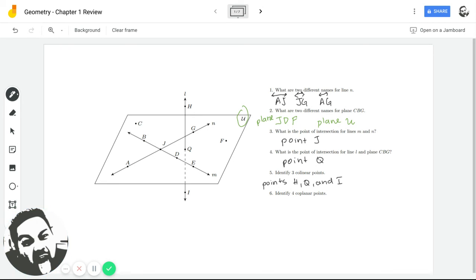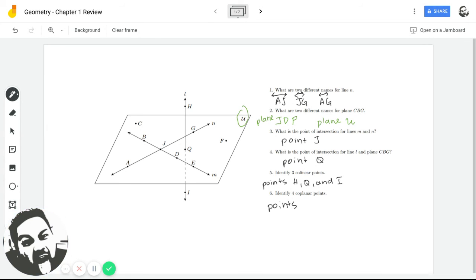Question 6, identify 4 coplanar points. So to identify coplanar points, you're just looking for points that are on the plane. This one here is pretty much any 4 points with the exception of H and I. And you definitely don't want to use the letters L, M, and N because they're not points. And neither is U. U is not a point. So you can pick any 4 points that are on the plane. So my answer for question 6 is going to be points,